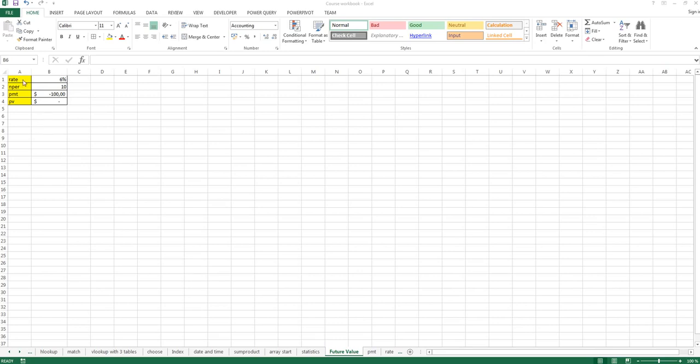Okay? Now in this table you can see that I have created a rate which is 6% interest, which is currently, well, a dream because the interest environment is so low, I know. But here we get the 6%, a number of periods here, which is 10 years, a payment, which we make, which is $100,